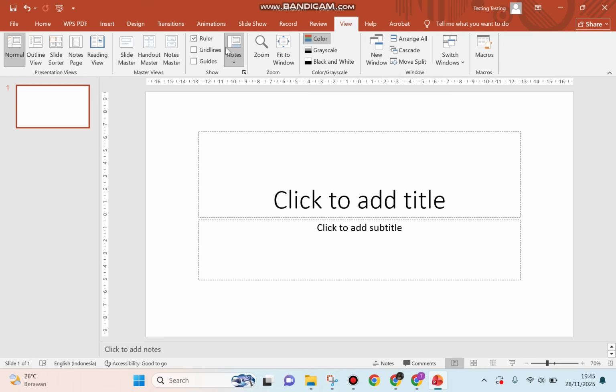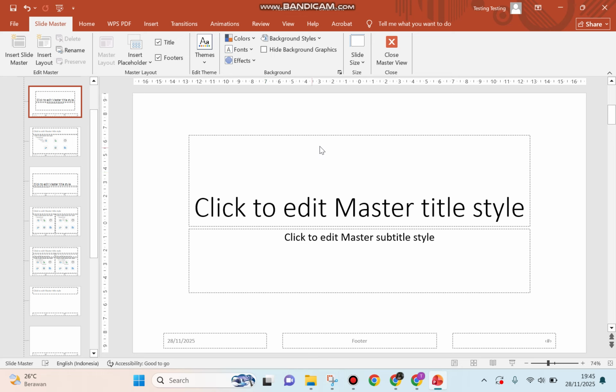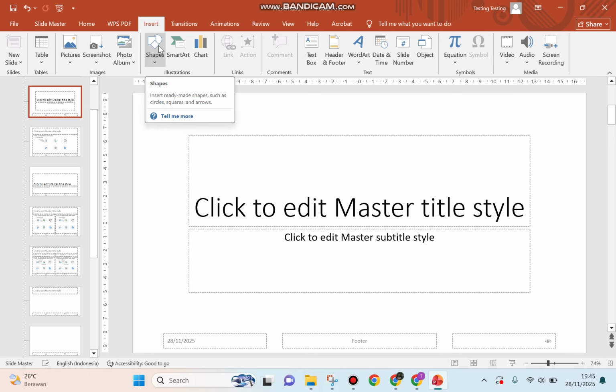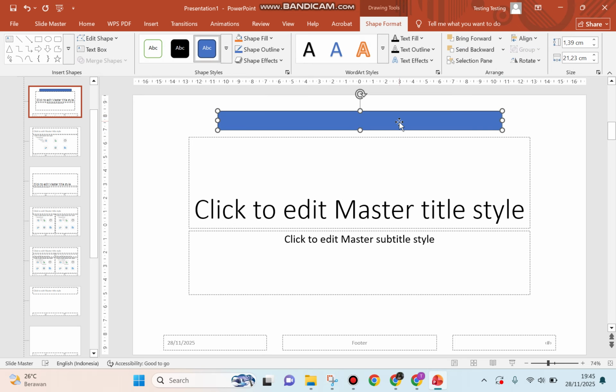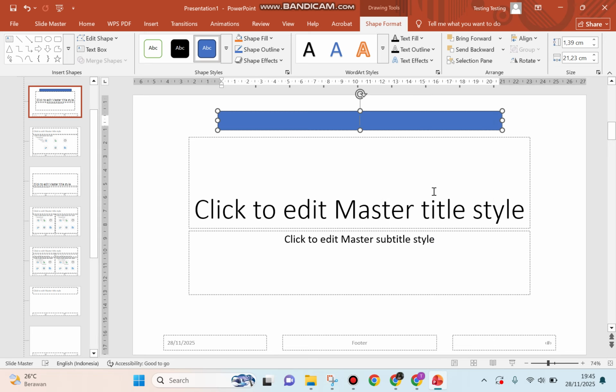to the View tab and click Slide Master. For example, if you would like to add the object up here, I will go to Insert and click Shape. I will create a rectangle up here, and you can also add text into this shape. Right-click and click Edit Text. Now it is ready to put the text up here, for example, lorem ipsum,